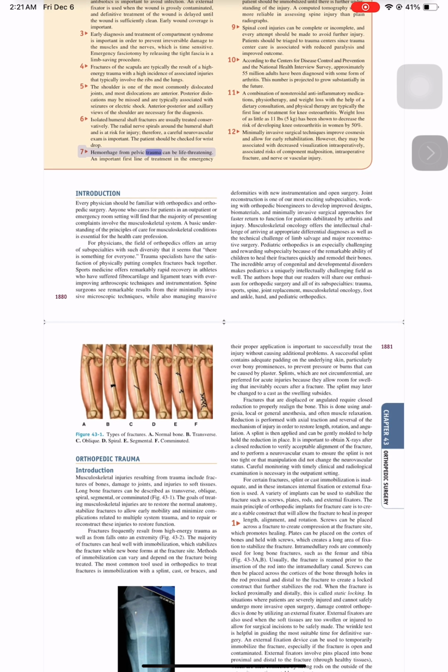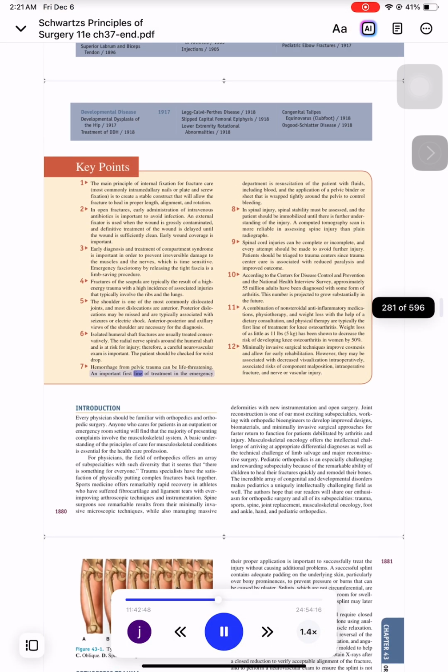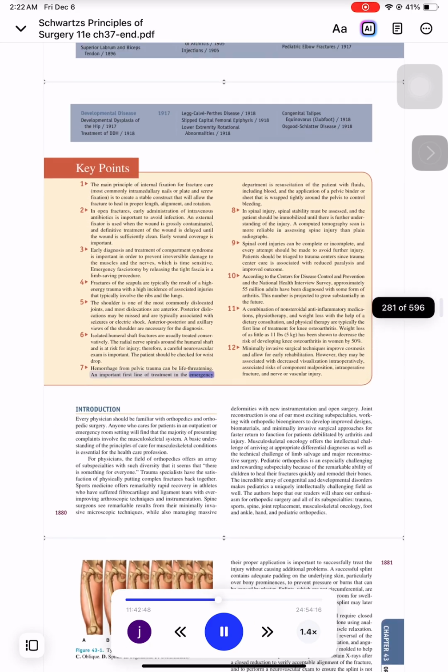7, hemorrhage from pelvic trauma can be life-threatening. An important first line of treatment in the emergency